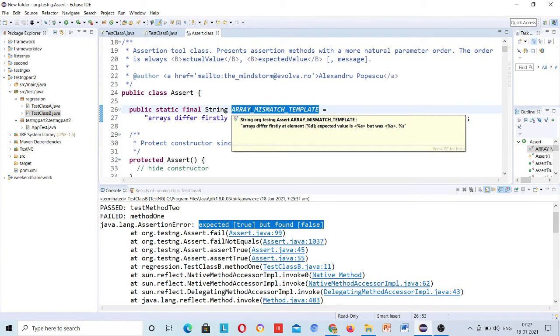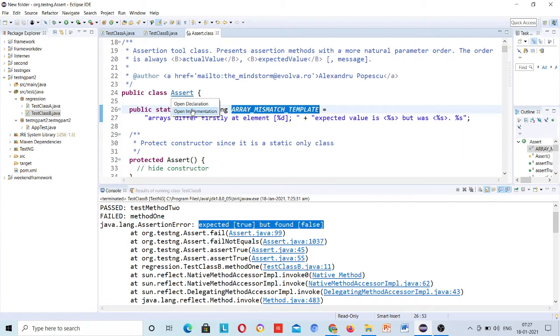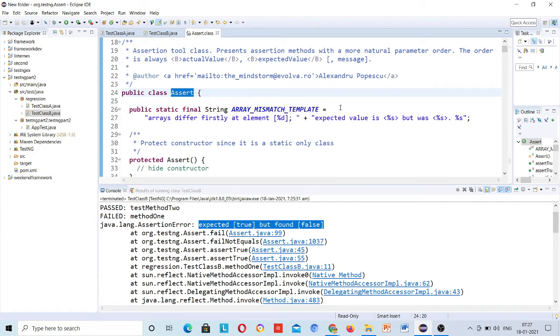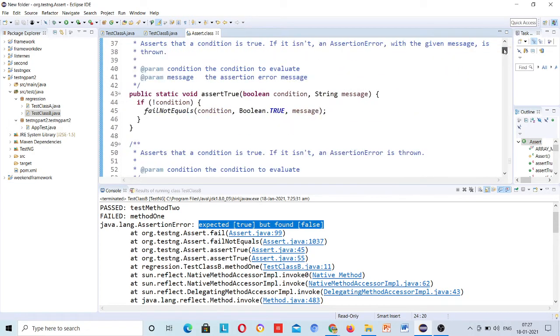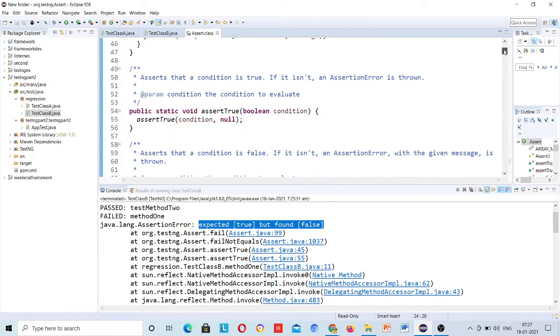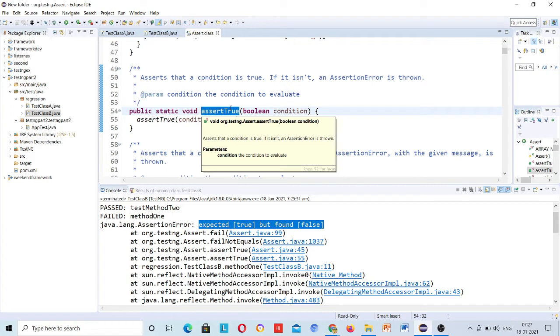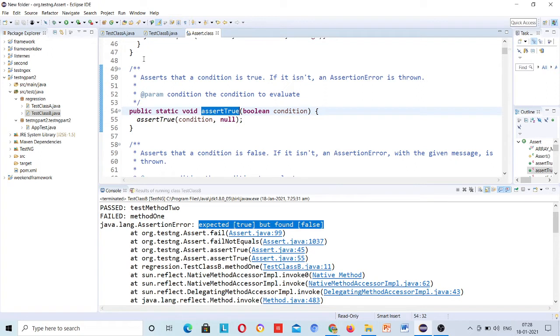So this method is assertTrue, right? This is a static method. If the method is static, then you are able to call it directly. So this mechanism is used behind it.